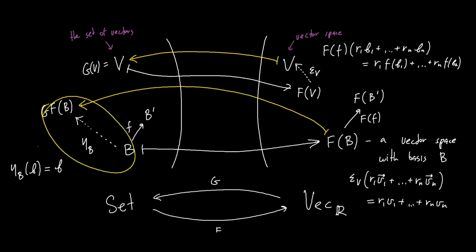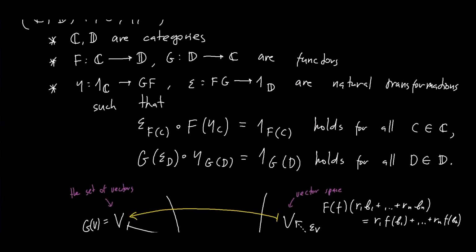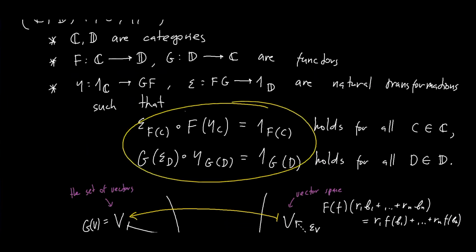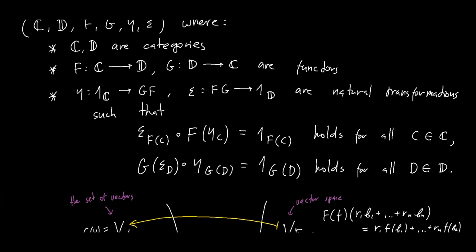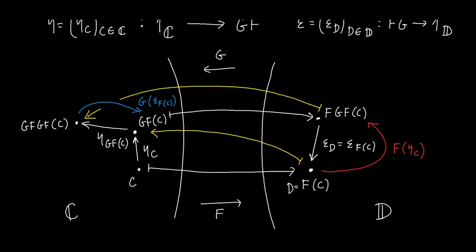One eta and the other epsilon. And what we want to do next is, first of all, to check that they're natural transformations, and then to check that the adjunction laws hold. And then after that, maybe to get convinced that this is really the best we could have done, in the